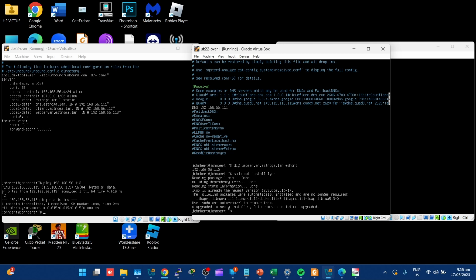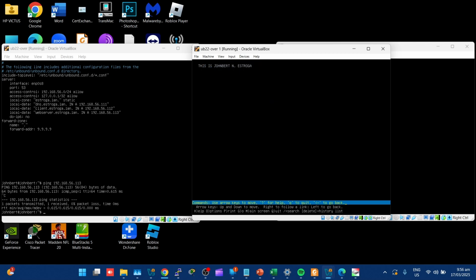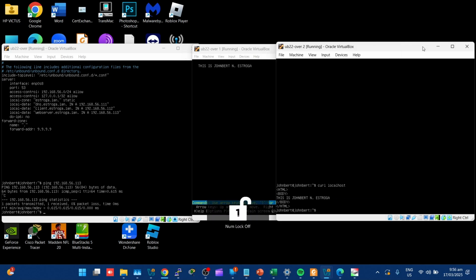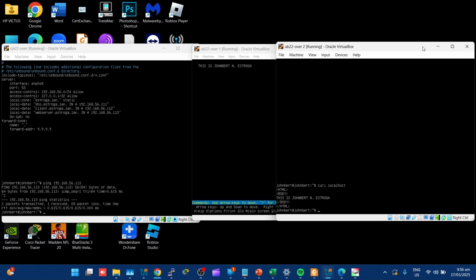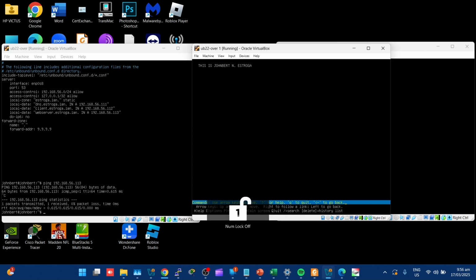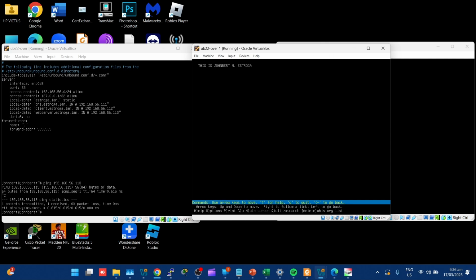After Lynx has properly installed, you can just type in lynx and then the address of the web server. Let's say, for example, webserver.estroga.lan. So there it is. I can see the web page of virtual machine number 3, which is the VM on the right side. To exit this, you just press Q